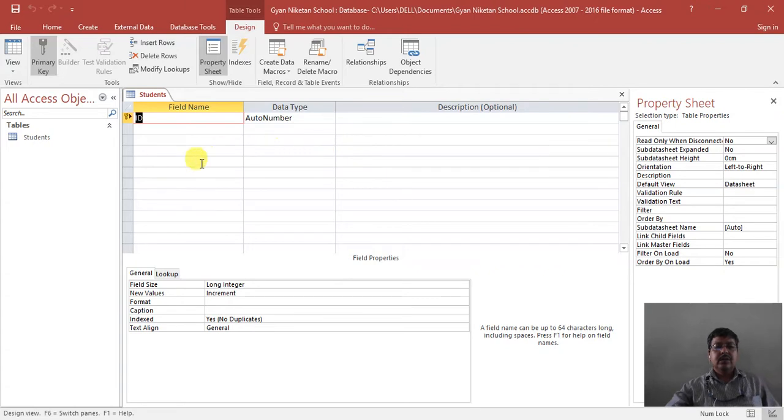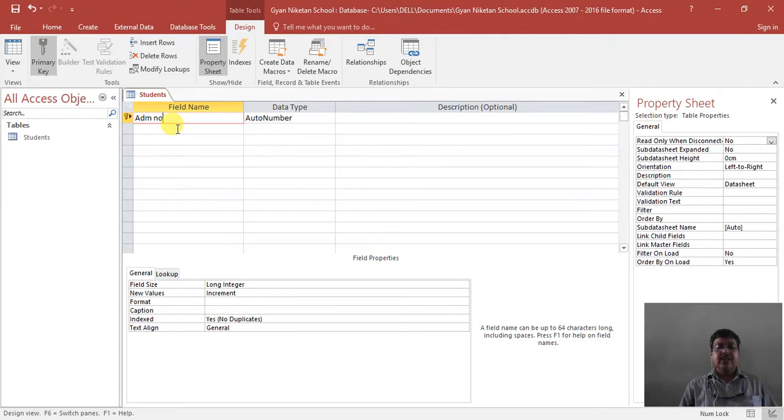Now you have to enter the field names of the student table, like admission number, ADM number. You know very well, a field name consists of one or more characters, and the maximum number of characters in a field name and table name is up to 64.